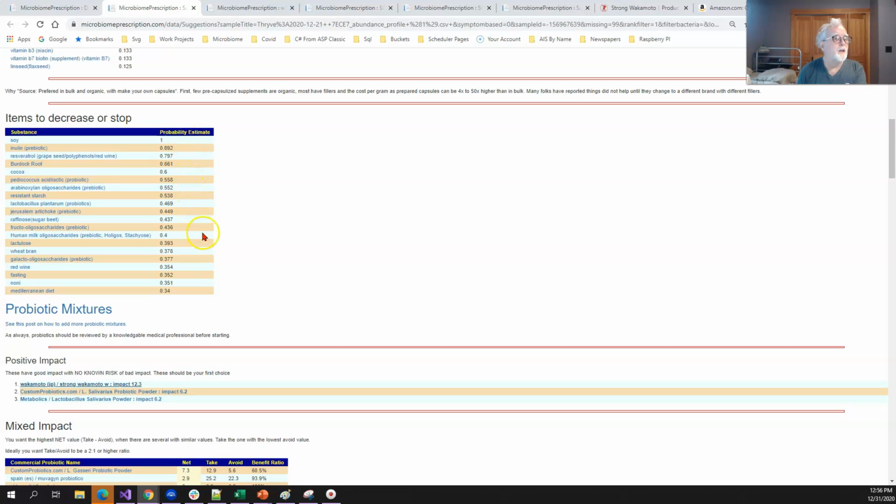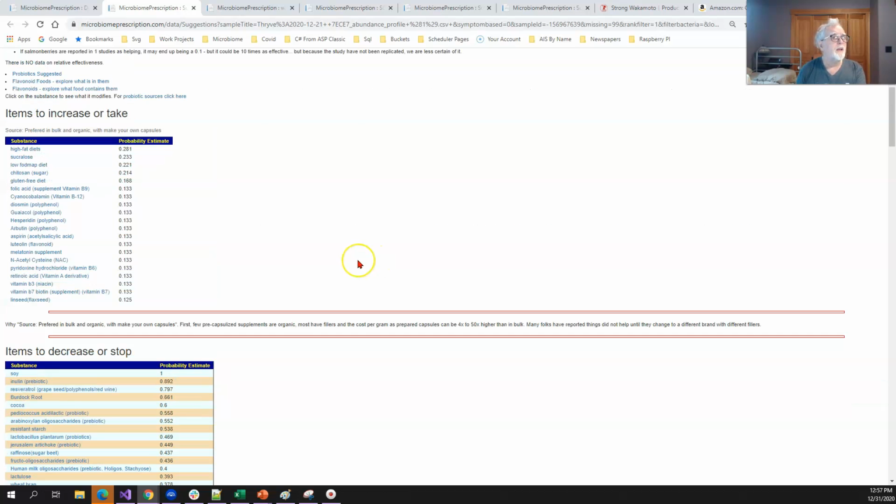And now we see items to decrease. Some of the items to be decreased may be things which by internet legend are supposed to be always good for you. Keyword is always. It's not. Nothing is always good for you. So that will give you some things. Generally, the numbers here indicate probably priority. So you may want to start going down. Make sure you do elimination. And when you get low enough to go over to do